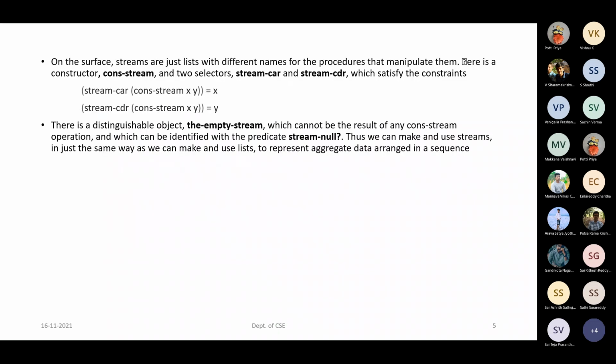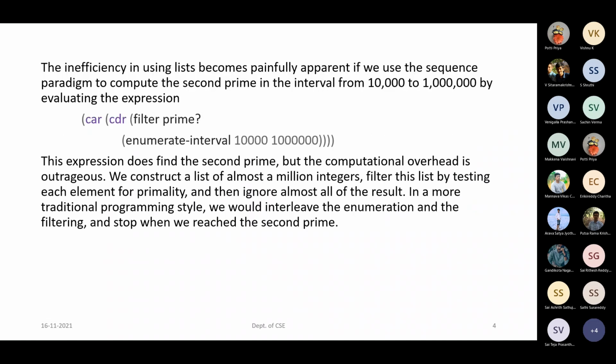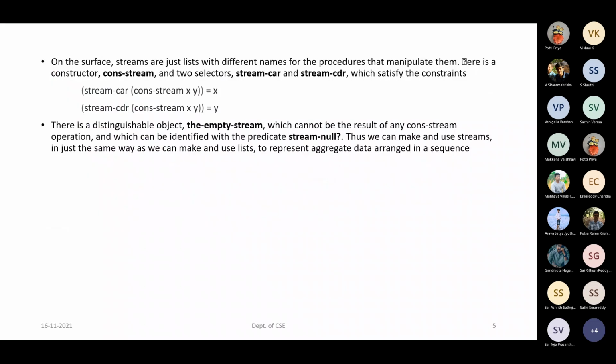So what is the modification we have to do for the existing ones? Whenever we are applying the construction, we have applied it for the list of contents, right? The modification will be applied when we are constructing as well as when we are selecting the contents of the list.